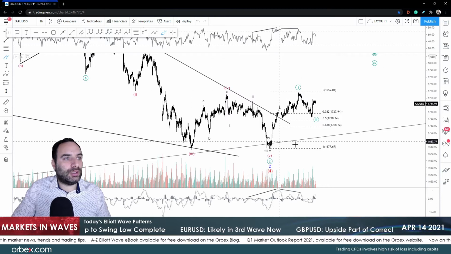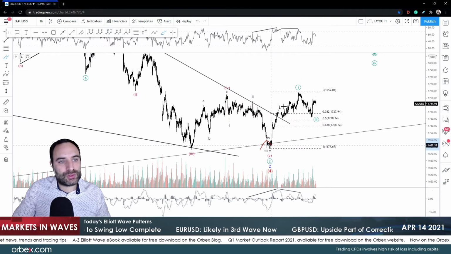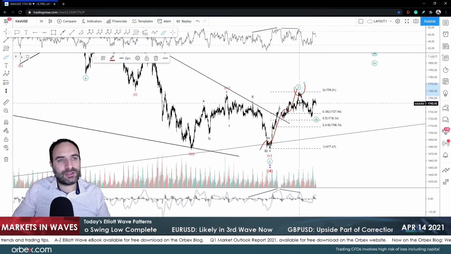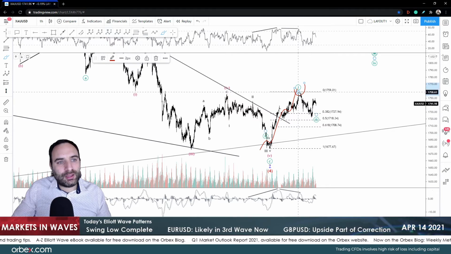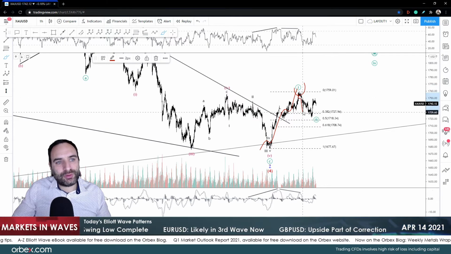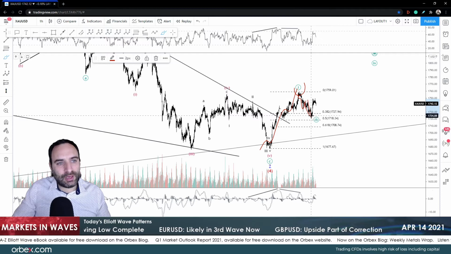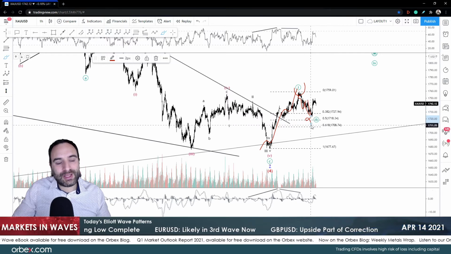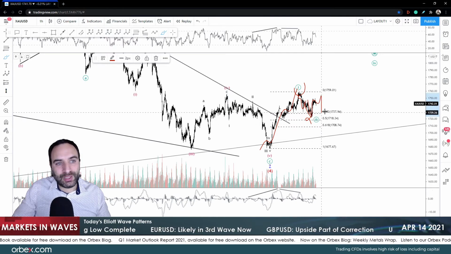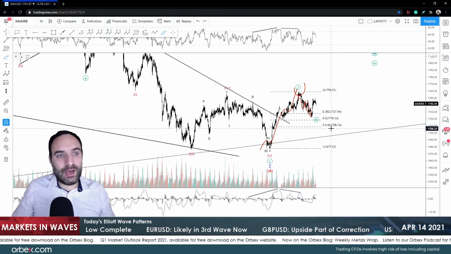And gold, we looked at it last week. 1, 2, 3, 4, and 5. We were expecting this correction. The issue of this correction is that this is 1, 2, 3, 4, and we have an ending diagonal in 5, which to me looks like it might be an A, B, and a C. However,